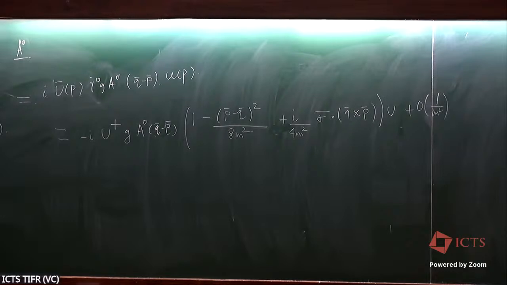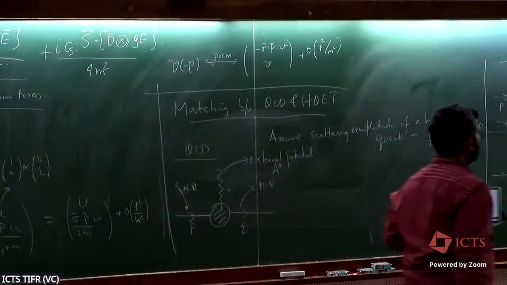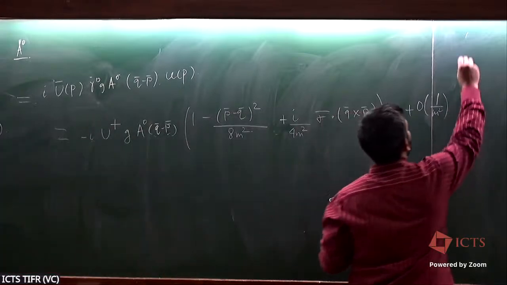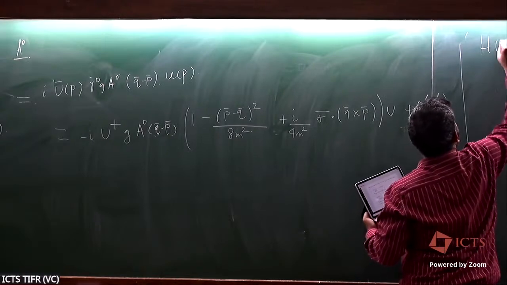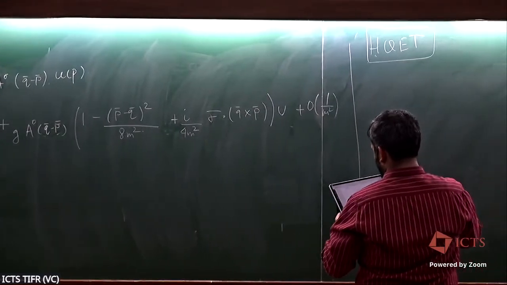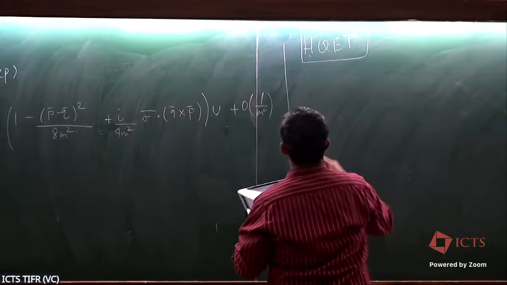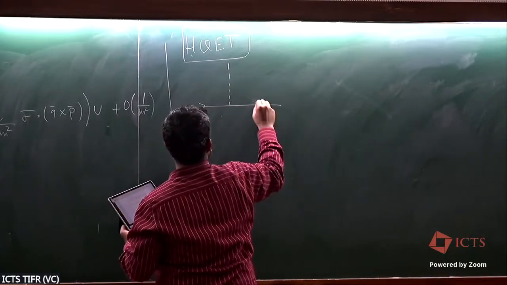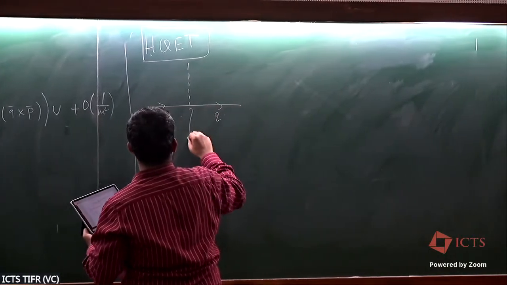So basically, this is my QCD part. I wrote the amplitude, just did the non-relativistic expansion here, started with this, substituted it here, and this is the result that I get. In the HQET side, I would have one diagram, which will just give me